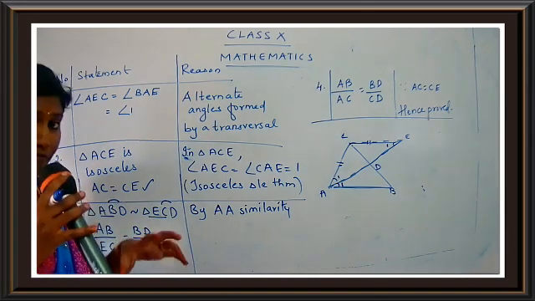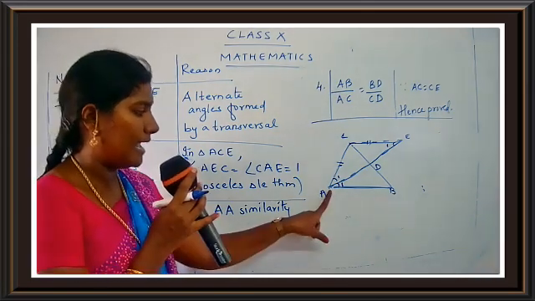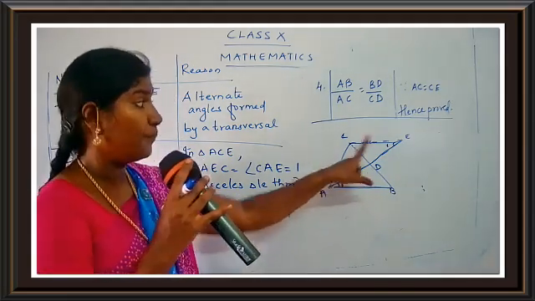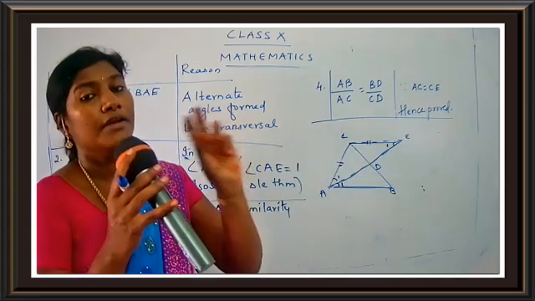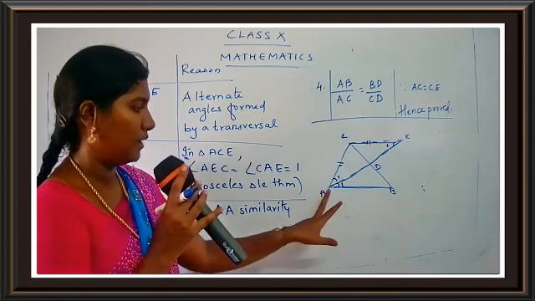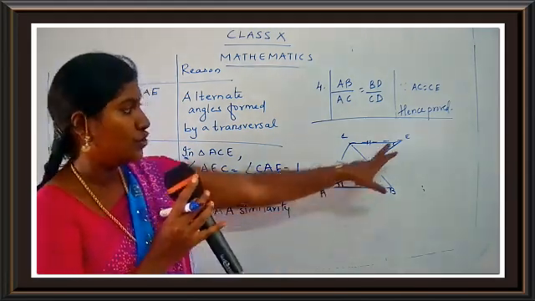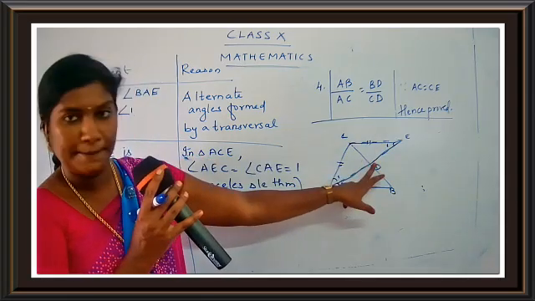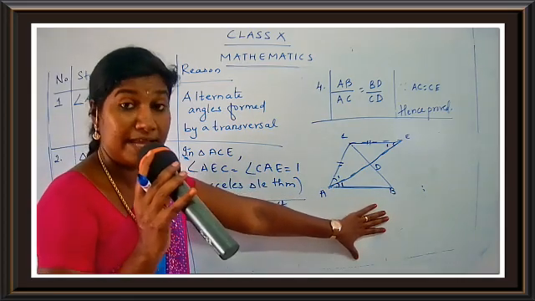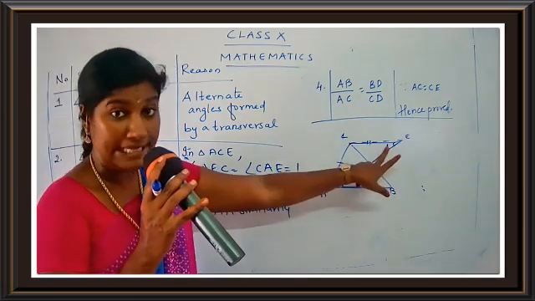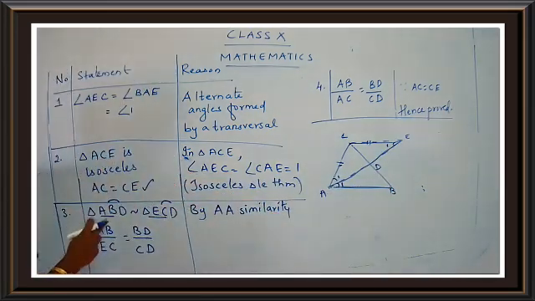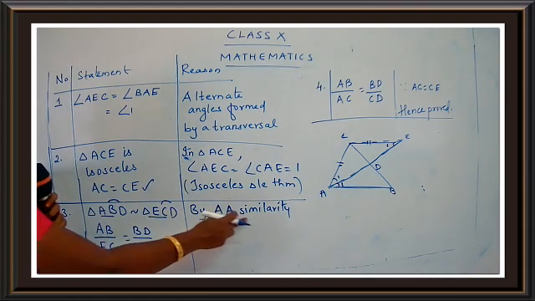And now the next thing we do is, we have to show that triangle ABD is similar to ECD. Children, very, very important thing, you have to choose the triangle in a proper direction. So ABD, I started from 1, so you have to start from 1. So ECD. I have already explained to you how we have shown the triangles are similar by AA. We have A and E the same, then D is common for both the triangles. So you get the triangles to be similar by AA similarity.